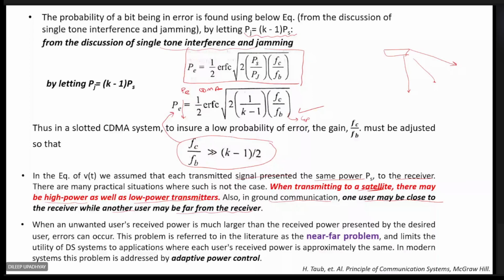So when there are unwanted users, these are the transmitters, these are the receivers. Suppose this transmitter